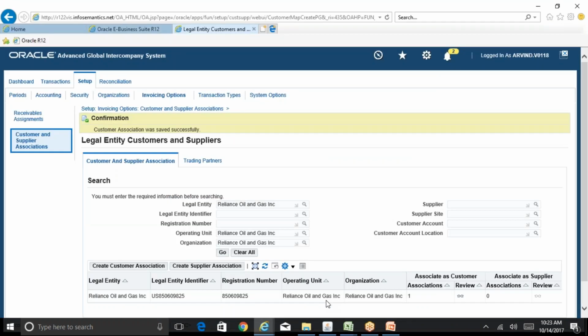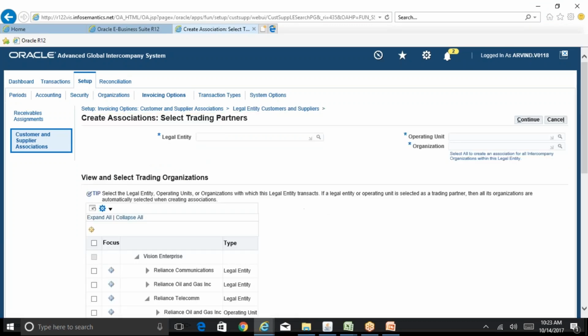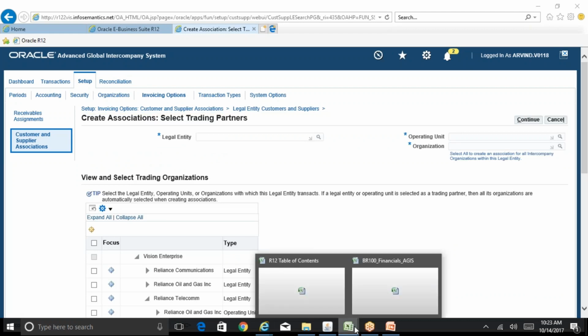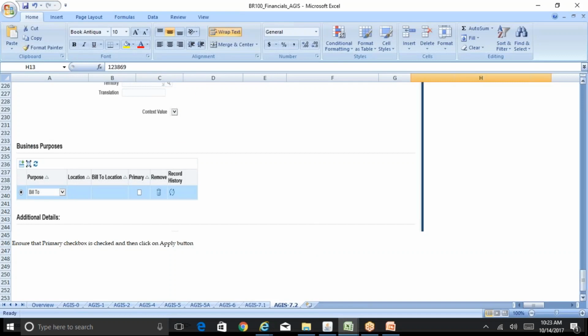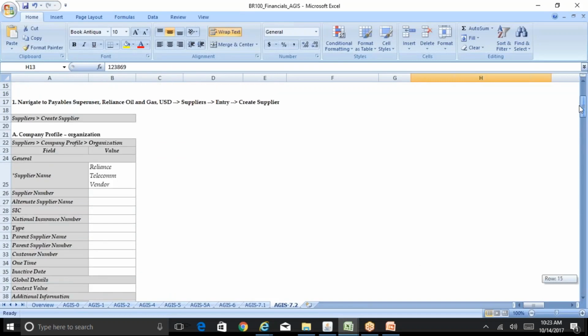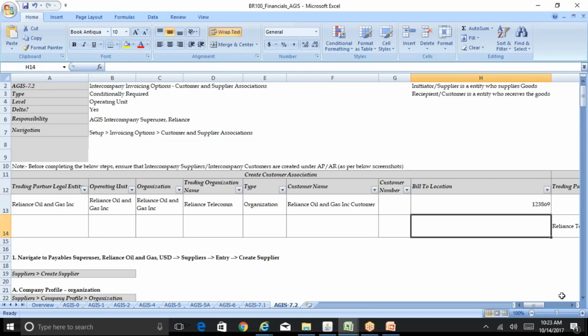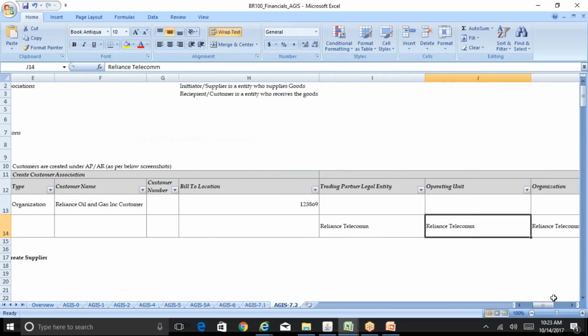Okay, we have completed the customer association, and you can see the customer association was saved successfully. In order to proceed with the supplier association, click on create supplier association. Now we will see whether we will get that error message or not, because in one way it says that it is available but we are not able to delete it. So we'll try. For creating the supplier association,